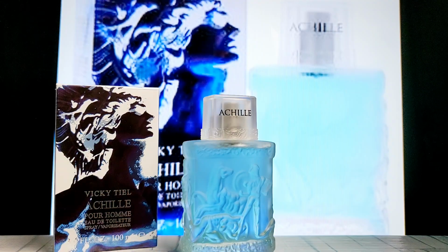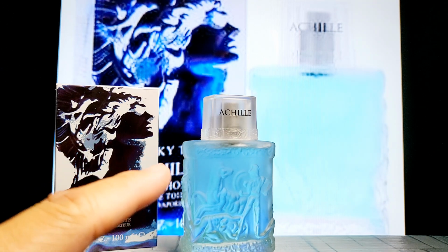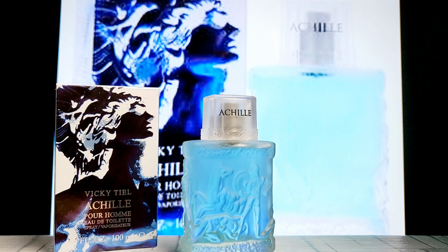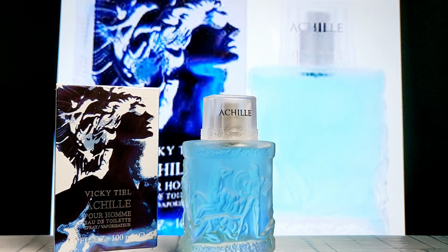backstory. I mentioned that because I picked it up because of the name Achille, and as long as this one is decent, I'll pick up the other ones, the Bonaparte and the Ulysses, just because of the name. I have no idea if there's a backstory. I have no idea why they named it this, but I just think it's cool. So with that silly story finished,